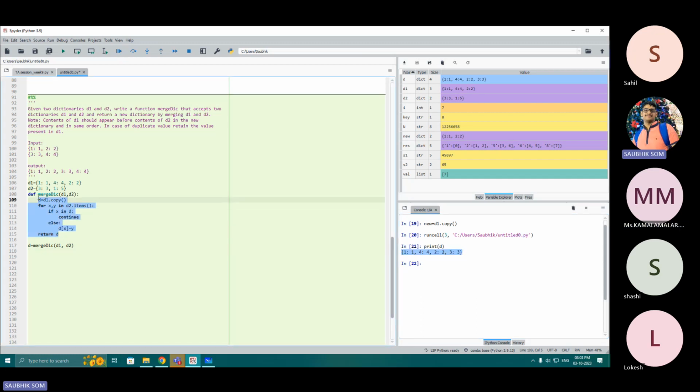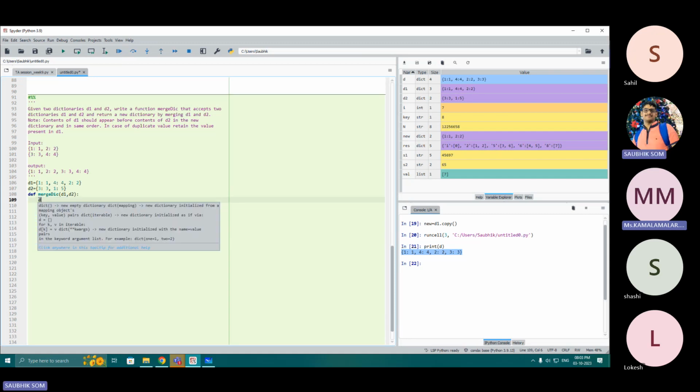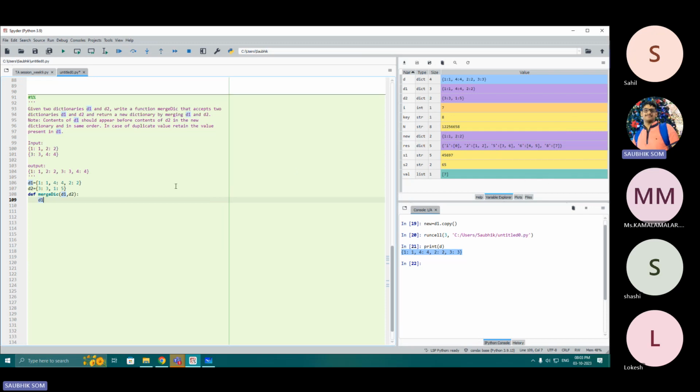I was thinking to do it like this. I have a shortcut also. You don't need to sort, because if you sort the order will change again. You may have shorter code. I was doing the same instead of making a copy, but I was thinking to change D1 itself. So basically, for i in D1,